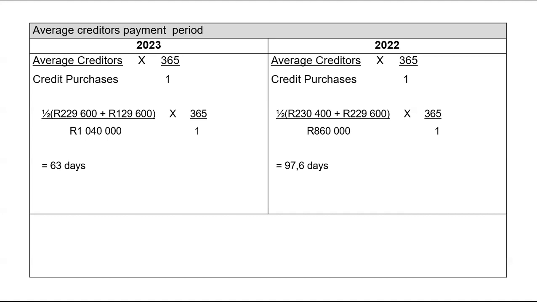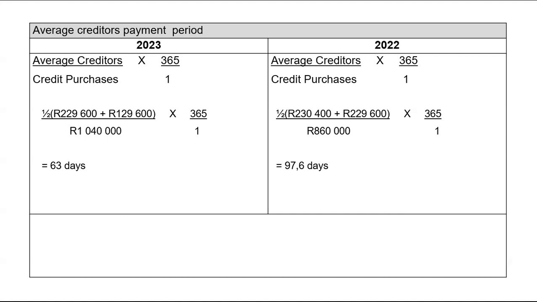And well, that's why I'm saying it depends. Now, read the scenario very well. You will be given more information in the exam. Read the scenario very well because you might say it's good, but it's not always good. If the creditor allows you 100 days and in those 100 days they don't charge you interest, then this is